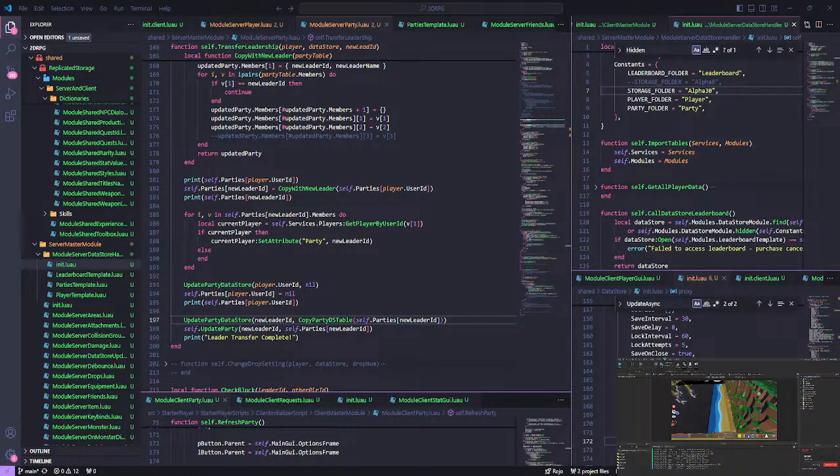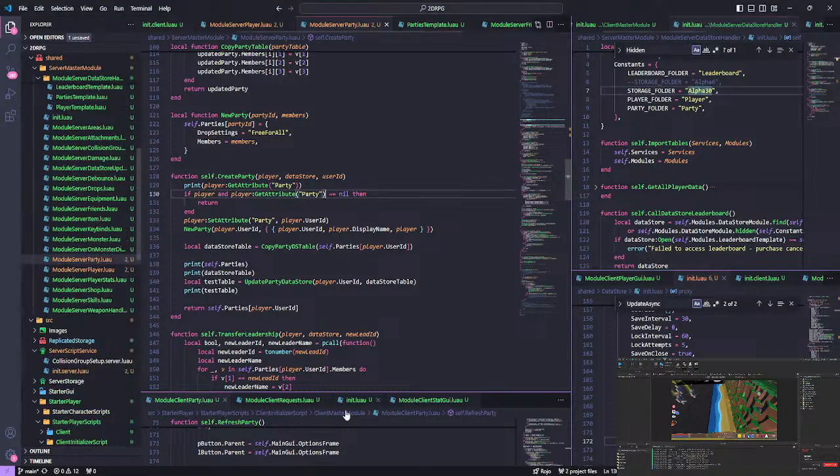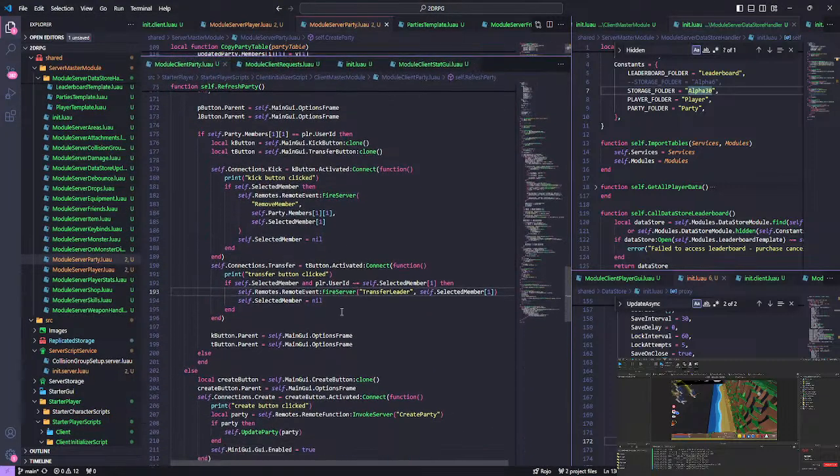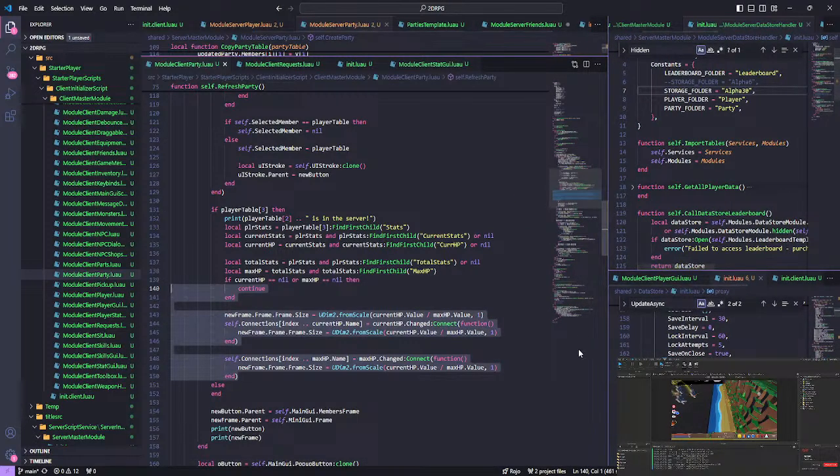Although there's a weird thing going on here. 1 is player 2, 2 is player 1. Why is that going on? So I have a problem here with, so I'm in the code. I have to go into client side up here, this. When I transfer,